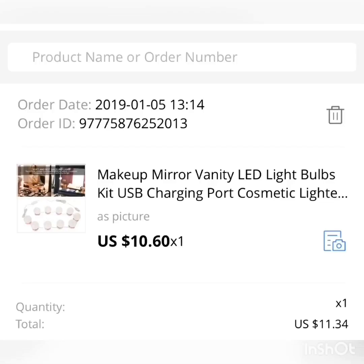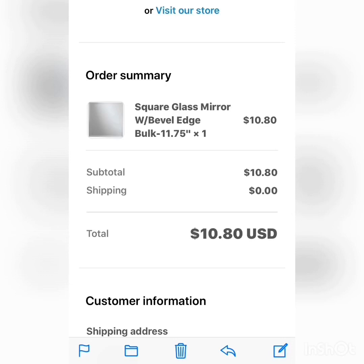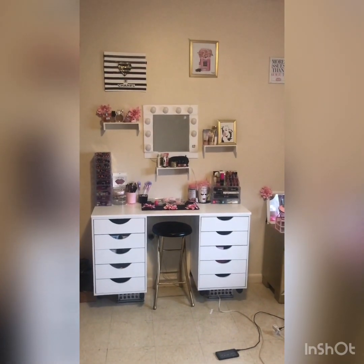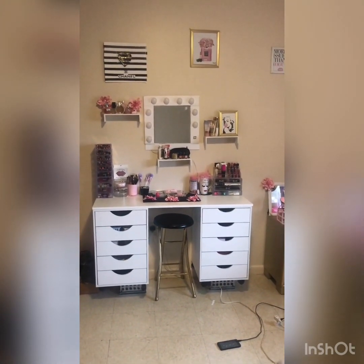My vanity lights I ordered from Amazon, and as you can see, they was $10.60 for 10. They do have the little switch on them, and they were only $11.34 after taxes. And then my mirror I ordered from a company, I'm not even gonna get the name, y'all. It was the worst experience ever, but it was only $10.80. It took these people almost 2 weeks to send me this mirror. Horrible. I'm not gonna get too in depth about the mirror because I'm gonna make a separate video about it,